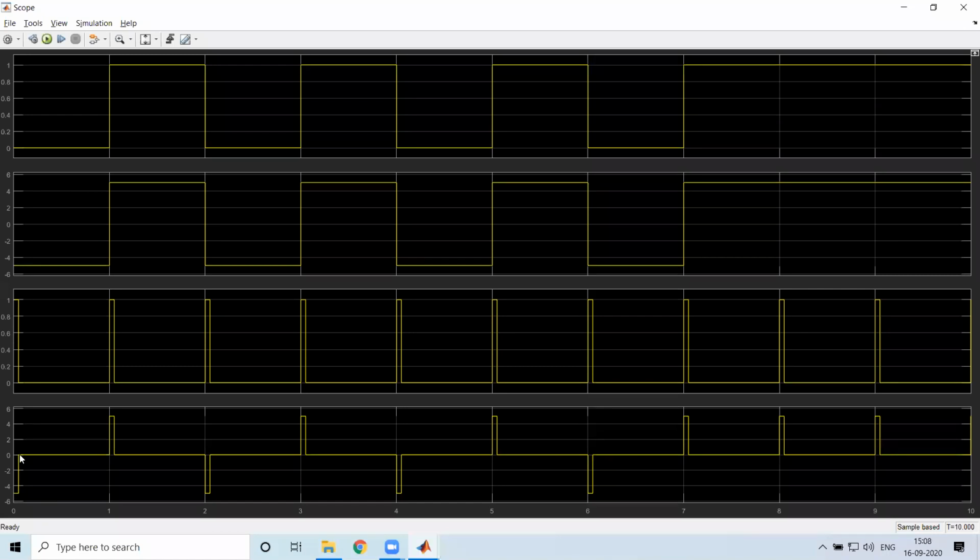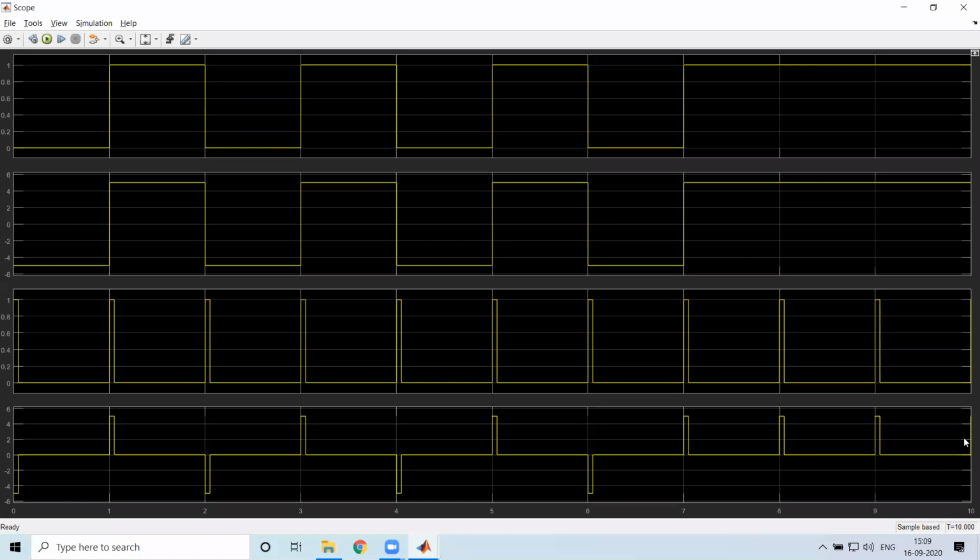It is -5, returns to 0 after some bit period, and then stays at 0. Now this is logic 1. It is 5 volt. This multiplied with this one gives 5 volt, since 1 into 5 is 5. So it will be 5 for the entire duration of the pulse, and then it goes down to 0, because 0 multiplied with anything is 0.